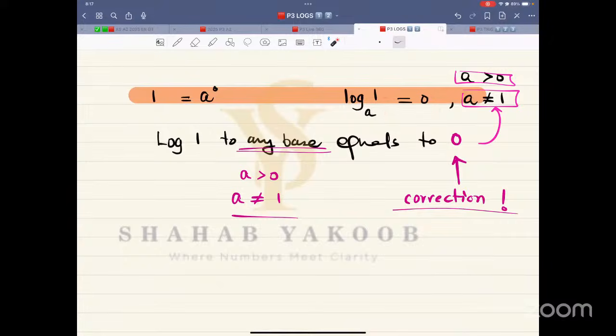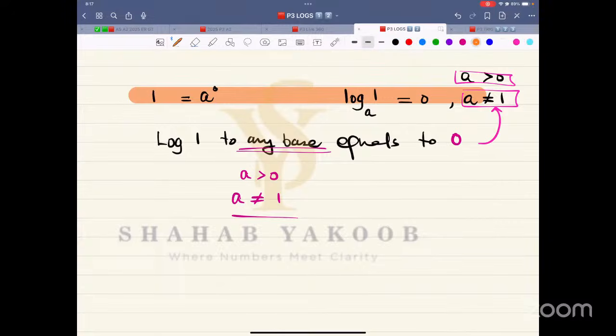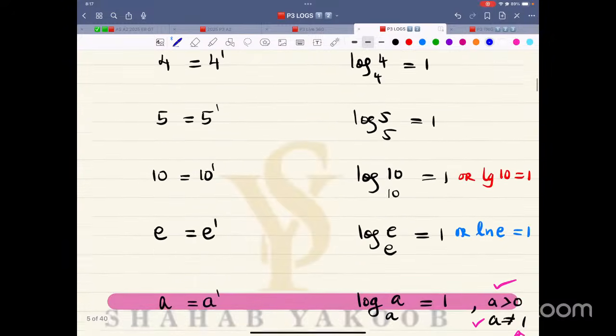Two things are necessary. We only deal with a positive base, and in positive, 1 is not a good number as a base. So log 1 to any base, that was some correction that was done earlier. So log 1 to any base equals 0, and this is the limitation for any base. Base has to be positive, base cannot be equal to 1. The next one,